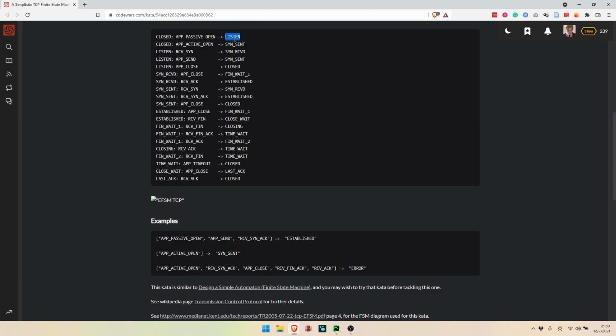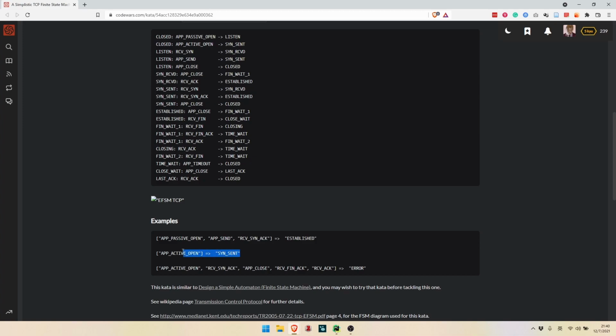So we just need to search in this state, when this event happens, then the state becomes SYN sent, right? The third event is receive SYN ACK, which is here. So the final state is established as the result should be returned.